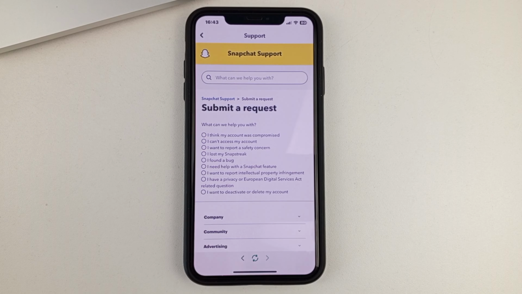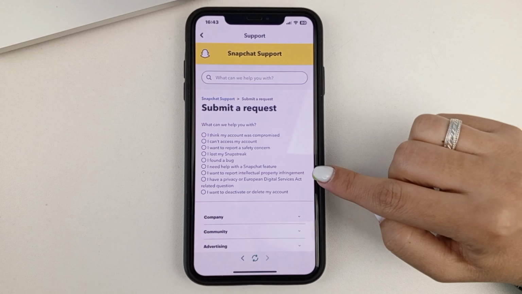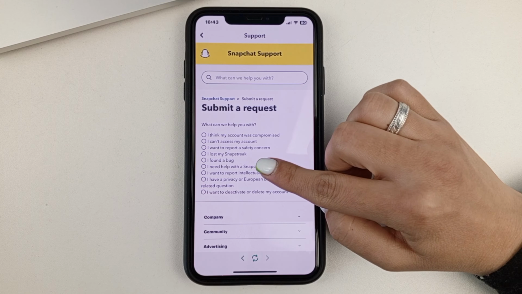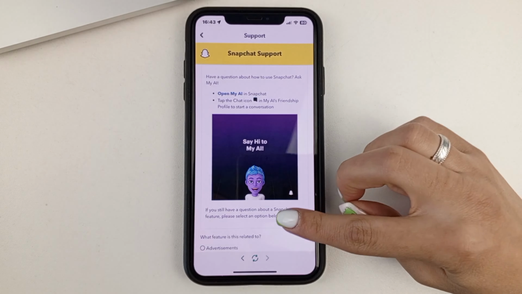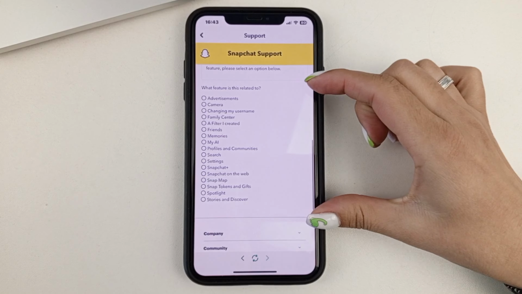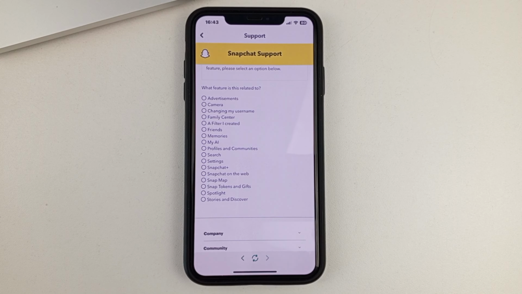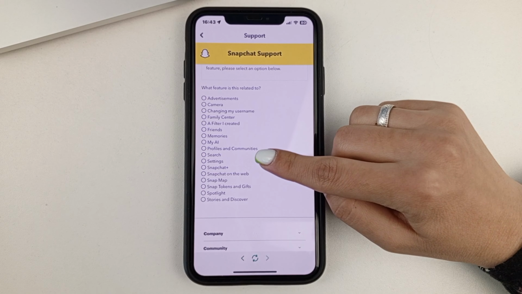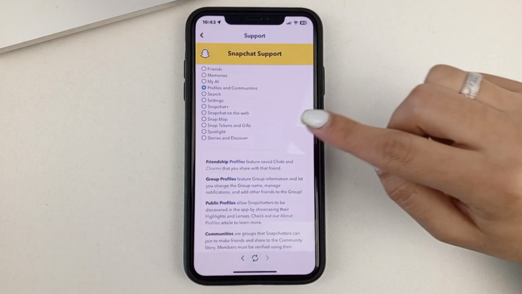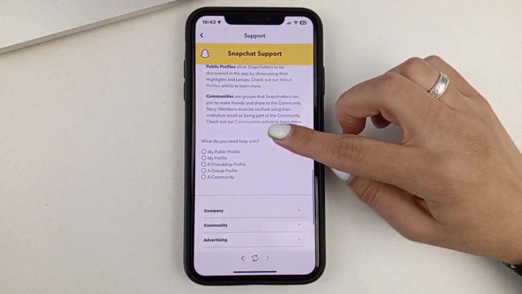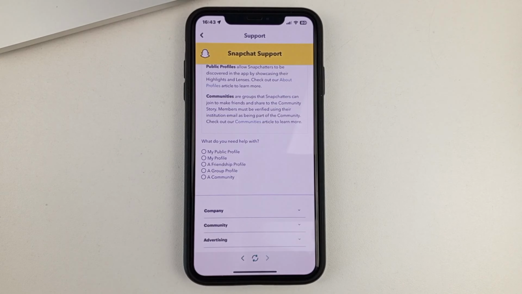Now right here in this list, you will need to select Help with Snapchat feature. Then you'll see the next list where you'll need to select Profiles and Communities. Then in the next list, select My Profile.